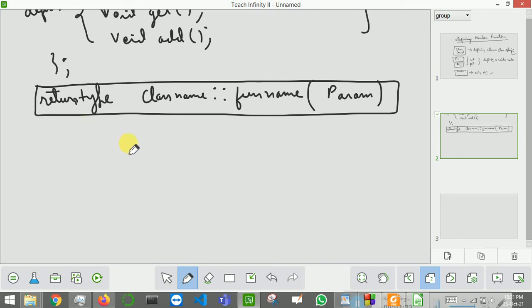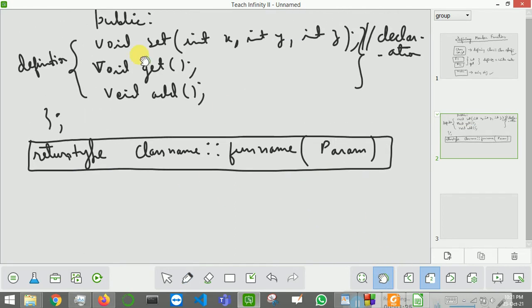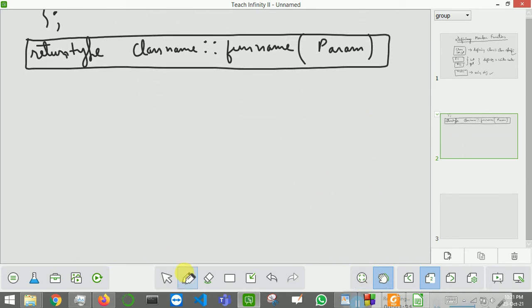Suppose I want to define this set function. So I want to write the code for this set function. How will I do it? First I will write the return type, that is void, then the class name student, then I will write the scope resolution operator. Why do I need this scope resolution operator here? To indicate that this function belongs to this class.